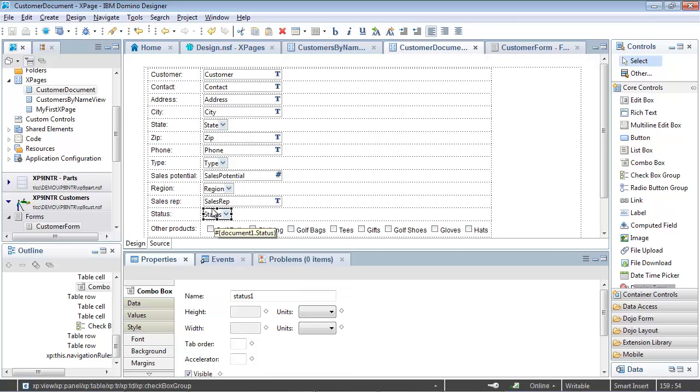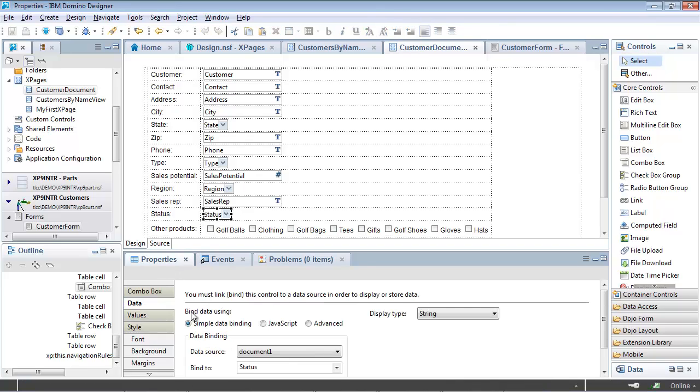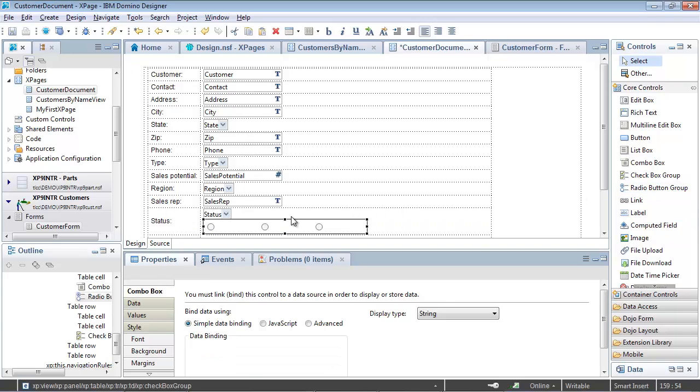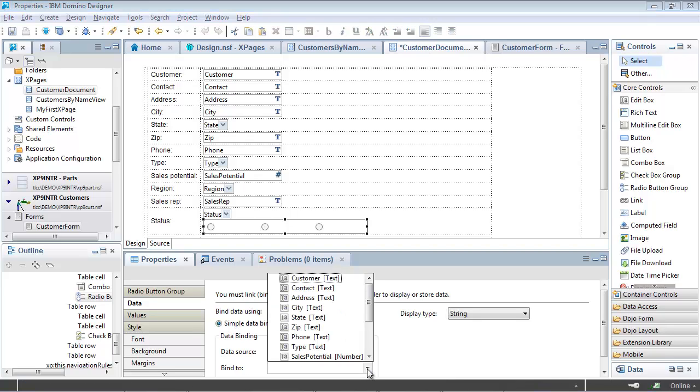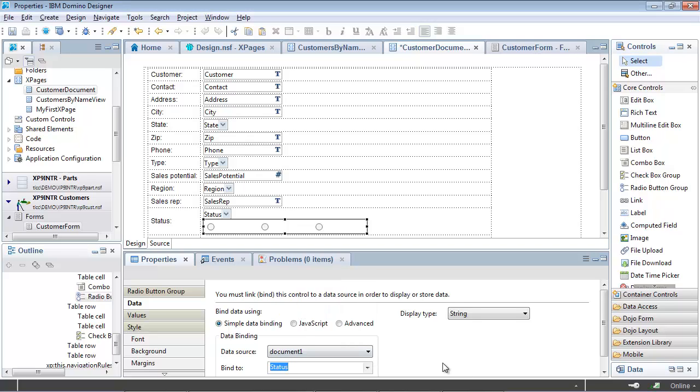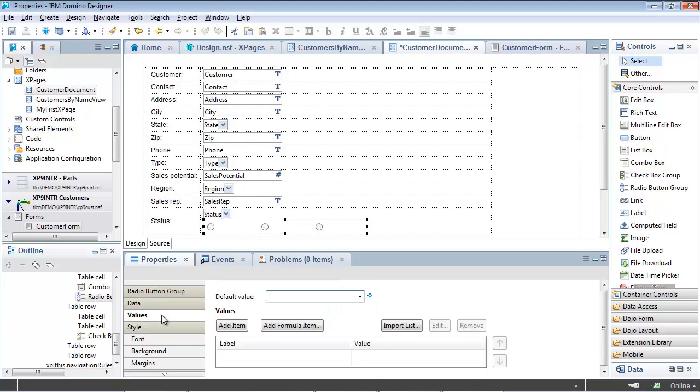for my status field. Now this one here, I do want to be a radio button, and I want this horizontal display for my radio button. So I'm going to do this a little differently. So this combo box control, if I look at the data binding, it's actually bound to the status field in my Document 1 data source. So I'm going to add next to that what I really want, a radio button group control, and bind that to my Document 1 data source, and specifically the status field within that. And then for my values,